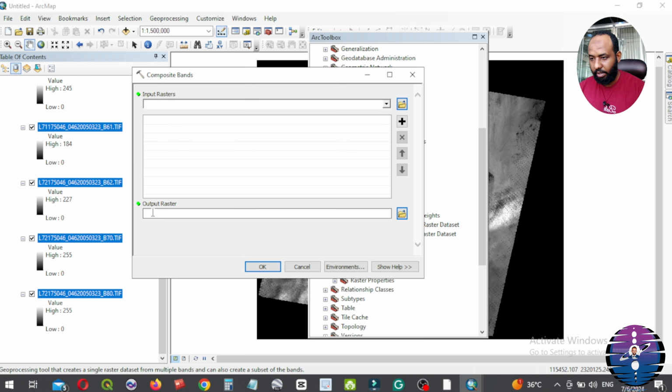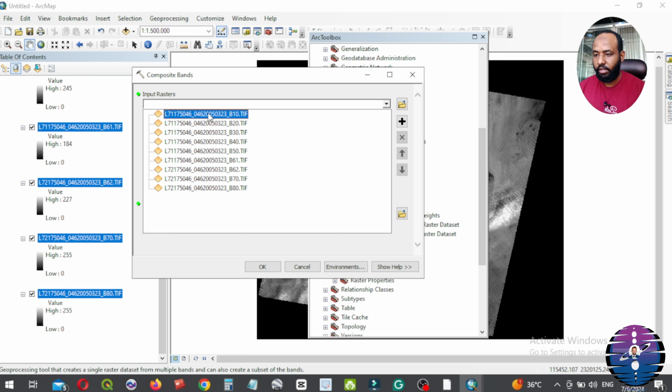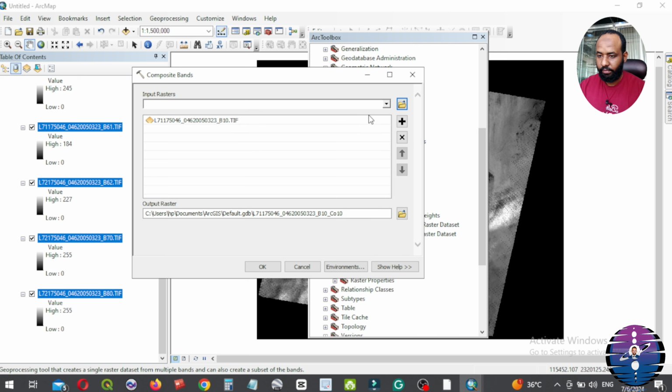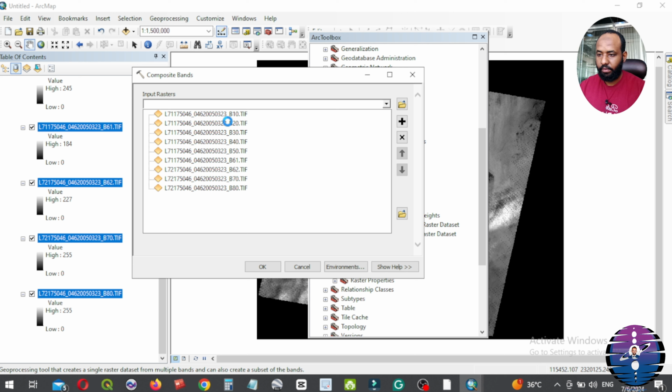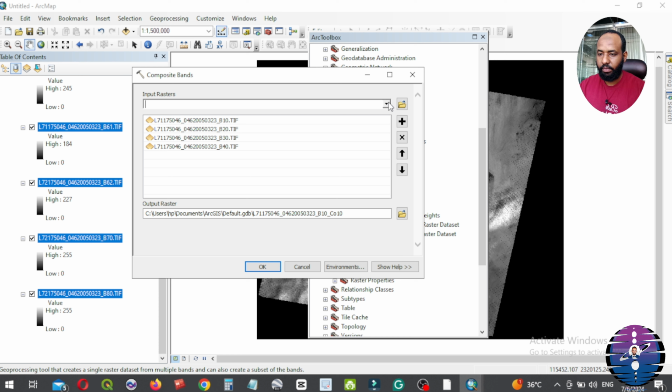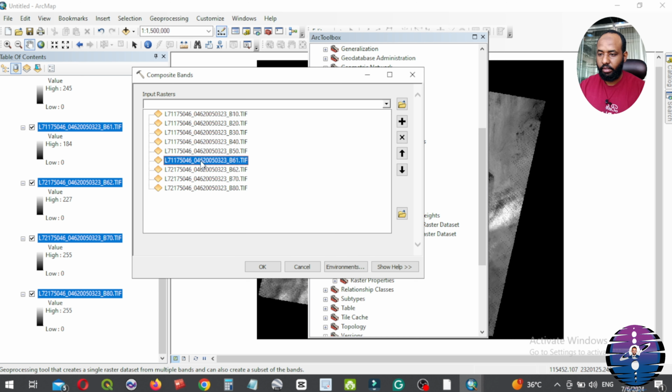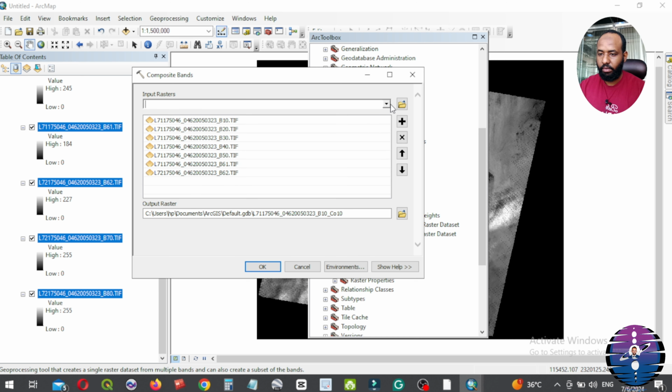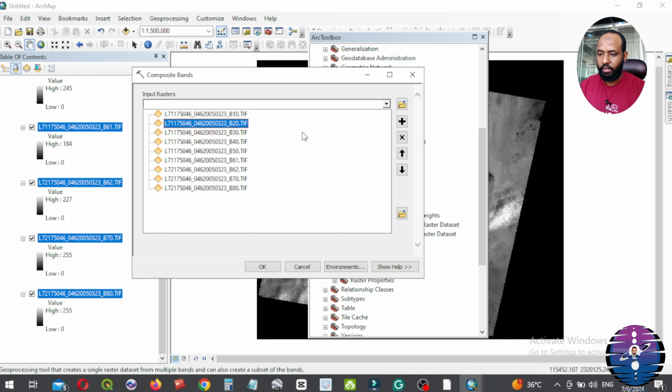Composite band: input rasters, output raster. We input all TIFF images in the input field and specify the location to save the composite file in the output field here. First, from here, we enter all TIFF files. TIFF1, TIFF2, TIFF3, TIFF4, TIFF5, TIFF61, TIFF62, TIFF7, TIFF8.